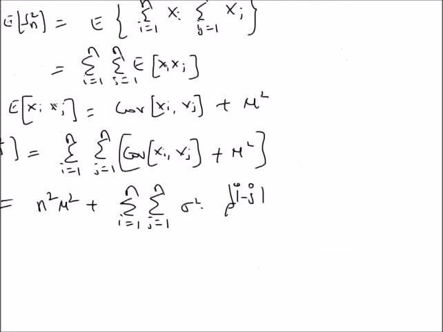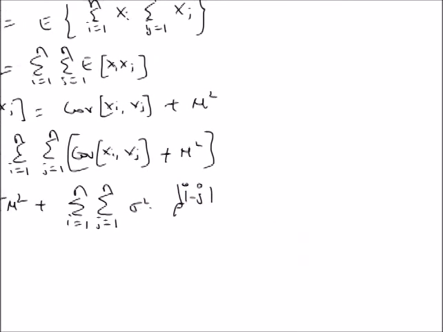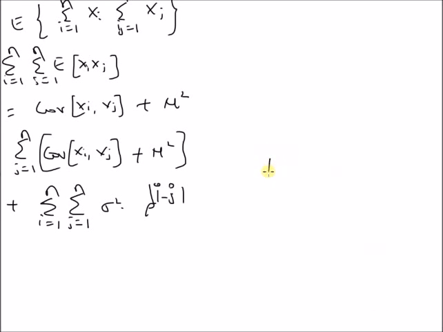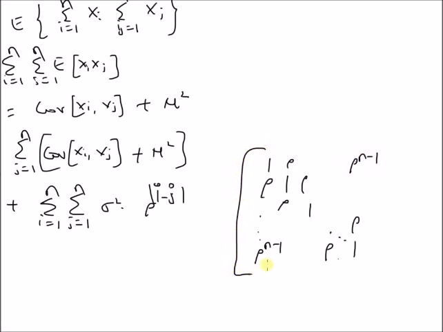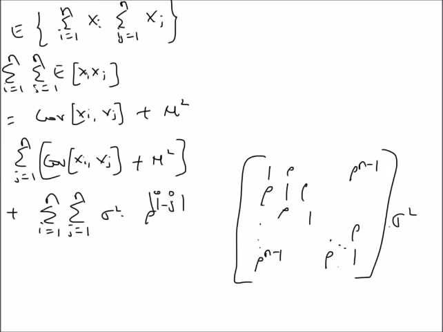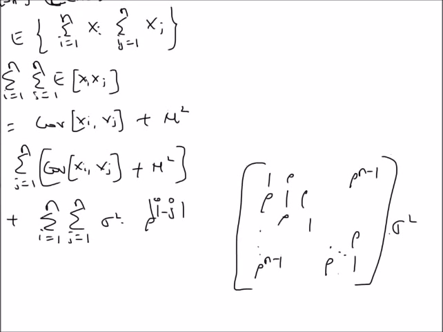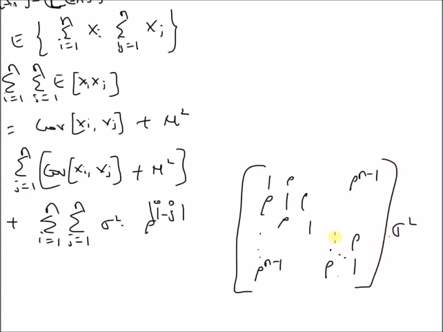So we can clearly see that this summation is basically the summation of all the elements of a matrix defined as follows, an exponential matrix where the elements of the main diagonal are ones and the elements of the second diagonal are rho on both sides, and finally the first element of the nth row is rho power n minus 1, and similarly the element of the last column in the first row is rho power n minus 1. This is multiplied by sigma square. This is the covariance matrix of the vector when the random variables are collected into a vector.